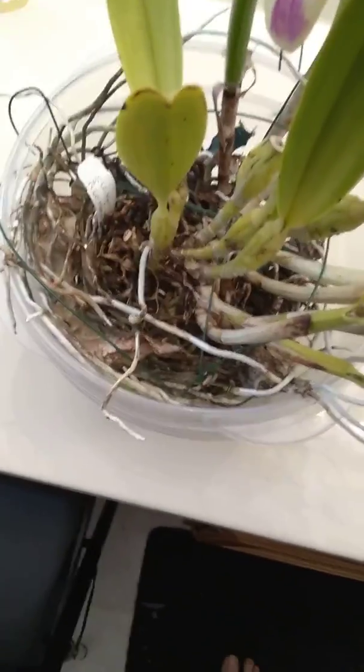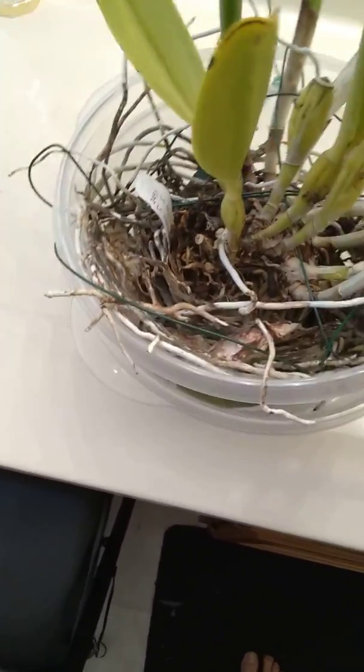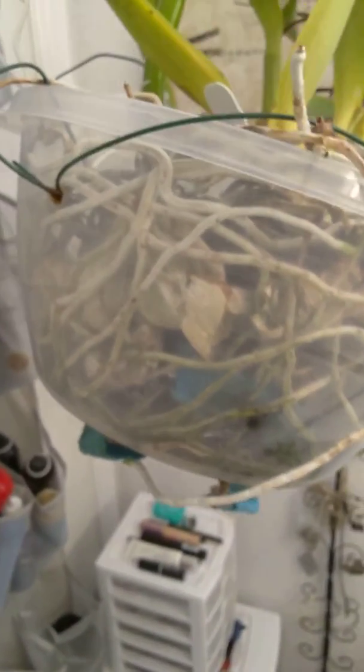As far as how I have this thing potted up, this is a potting scenario which is fairly unique to me. I have this growing in a clear Tupperware, and it has a core where it used to be potted in bark, and then the rest of it is just pretty much open air. And the idea behind it is a wick watering system. I'm using microfiber cloth as a wick, and that goes into this reservoir here, which I fill a little tiny bit with water, and I let it completely dry out. I let the roots get completely white,